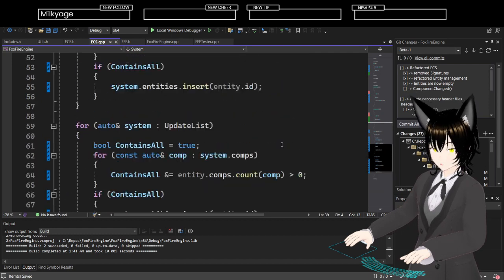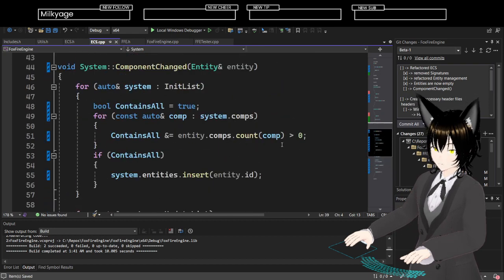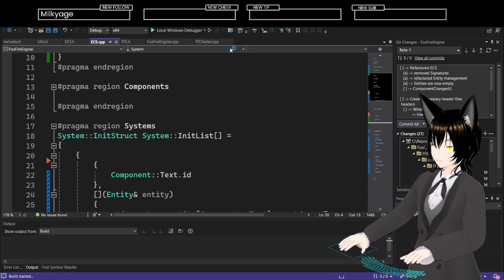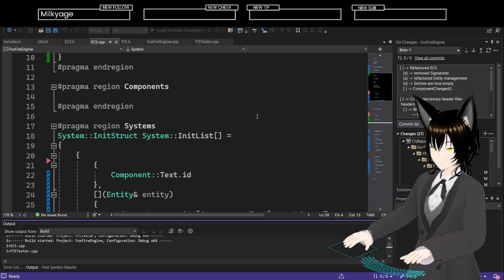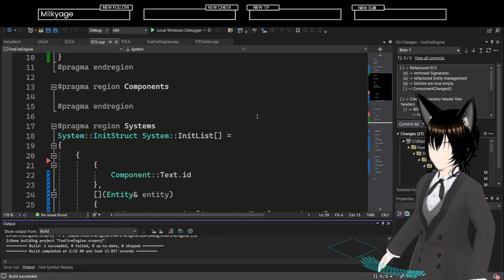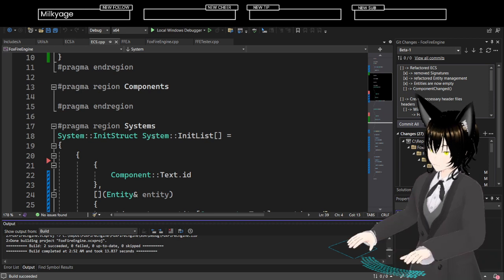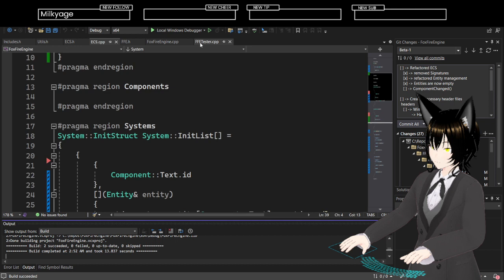So I think in theory, first of all, it should build. Okay, 2 succeeded, 0 updated.